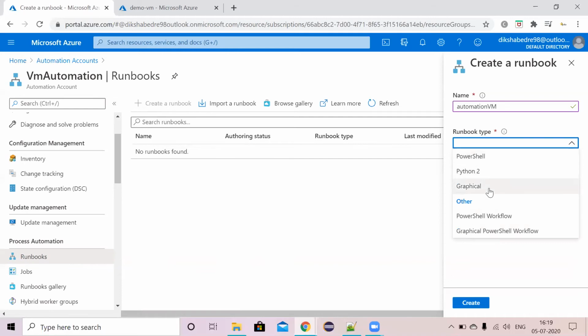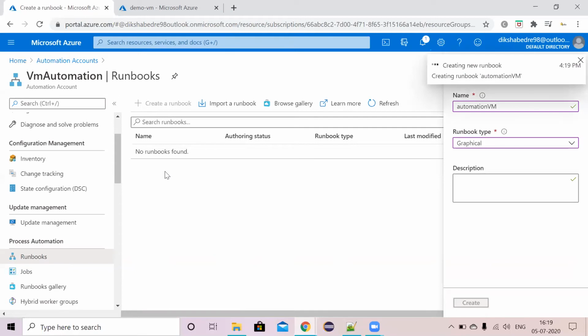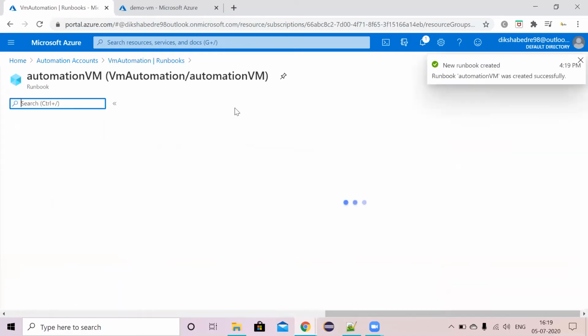So here we can also select graphical. So we can also create it manually, if it's not created, then we can create manually. Also we can import the run books if they already exist.